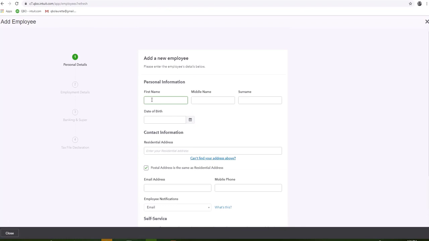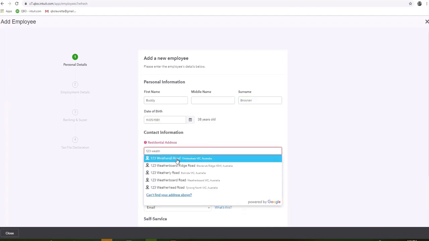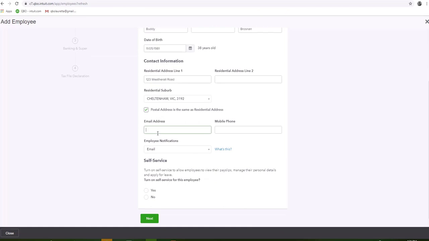So let's have a look at our first payroll person. It's going to be Buddy Brosnan. I'm just going to choose 123 Wetherill Road, Cheltenham. The email address is very important that you get this right, because this is how your employee is going to receive his pay slips, and that's very important that you get that right as well. So we're just going to put in, hopefully that's right, an email